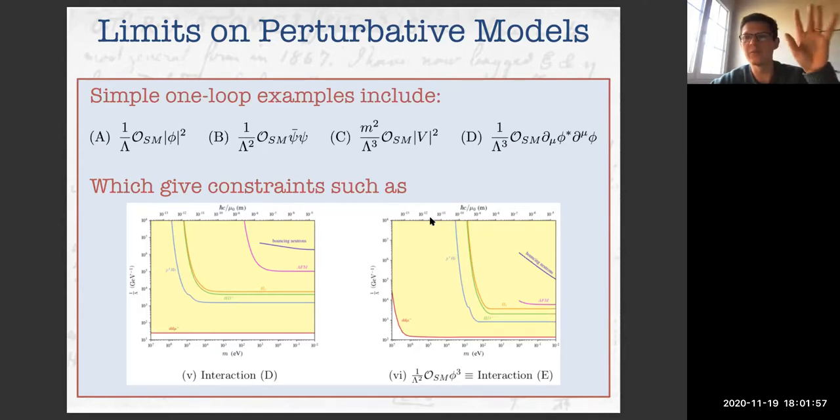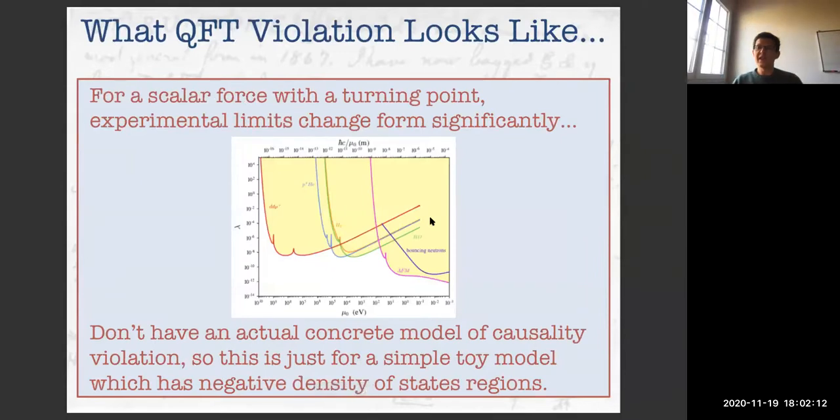As I said, though, in my opinion, the really interesting thing to think about is probably what happens when the hidden sector is strongly coupled and conformal and all sorts of things where you can't even do these perturbative calculations in the first place. What would a hidden sector violation of QFT fundamentals look like? Well, as I said, you could have forces that change sign if you had interference between different types of forces, vector forces and scalar forces, for instance.